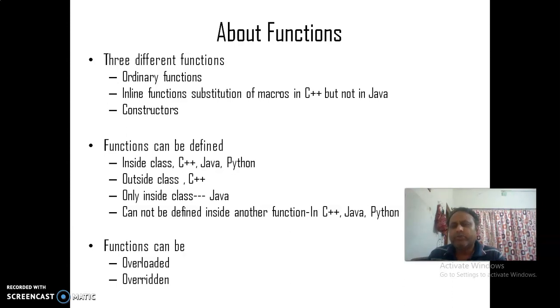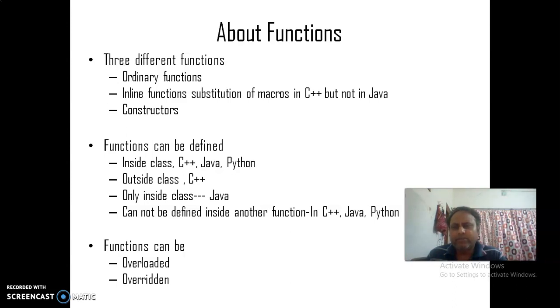Constructors get called while creating the object. It is a special function where the method name should be the same as the class name. Functions can be defined inside a class, like in C++, Java and Python.